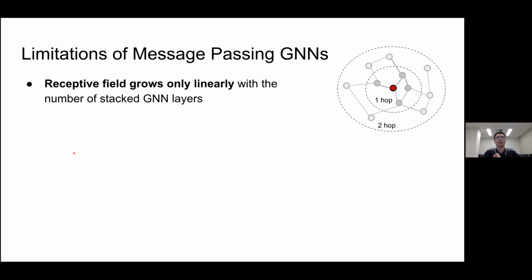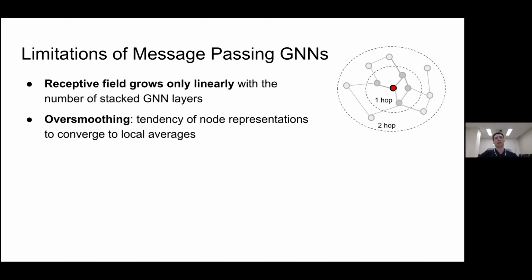So as you can see, by stacking multiple of these GNN layers, the receptive field of the model grows linearly, because with each iteration of the message passing, the neighborhood grows by one, right? This, however, has several issues. If you want to get very deep graph neural networks, which means applying this iterative process of message passing many times, it leads to oversmoothing, where the node representations tend to converge to local averages or even the entire